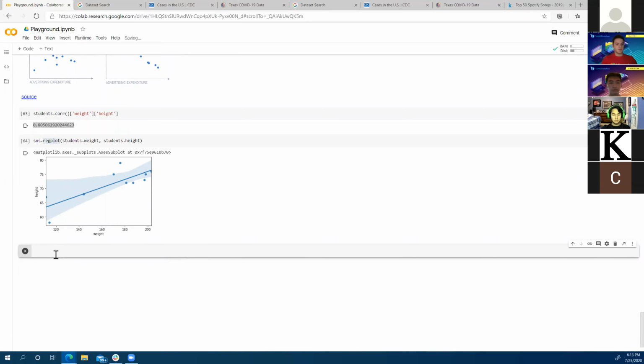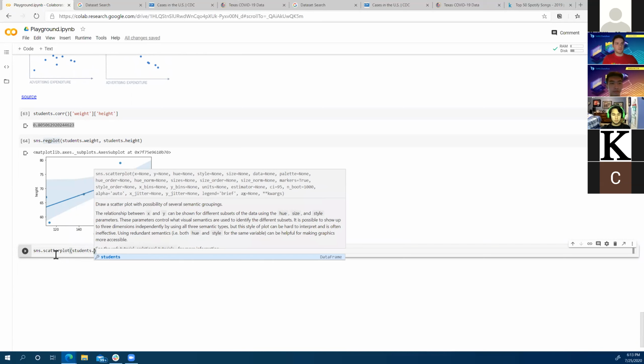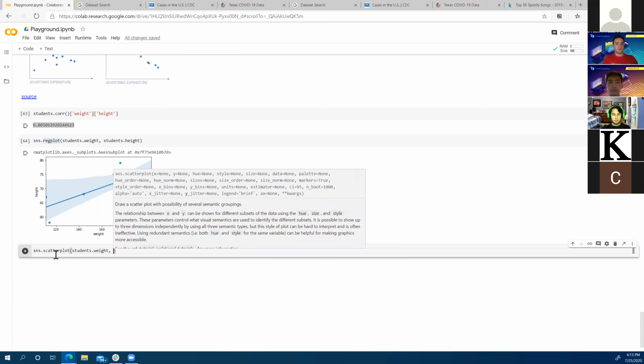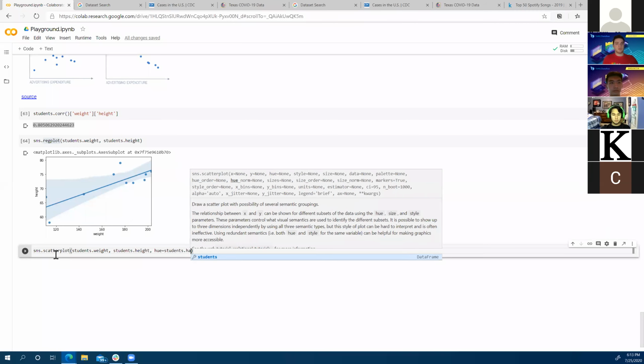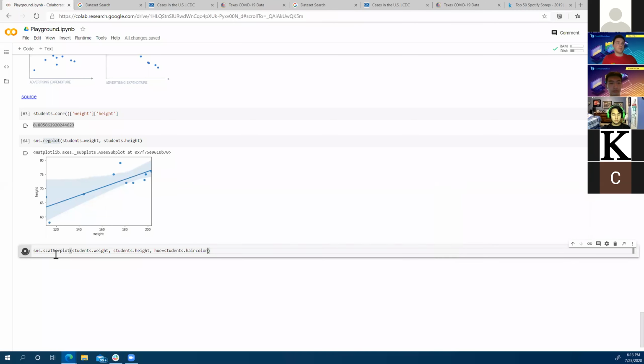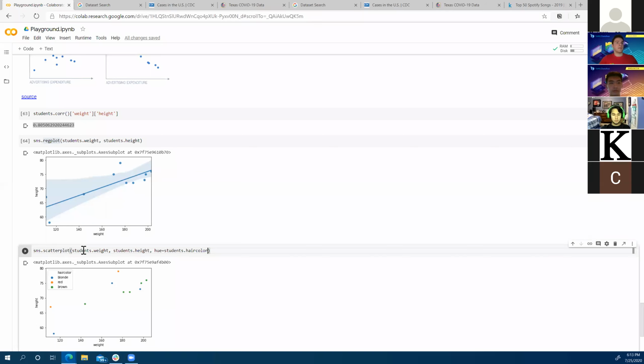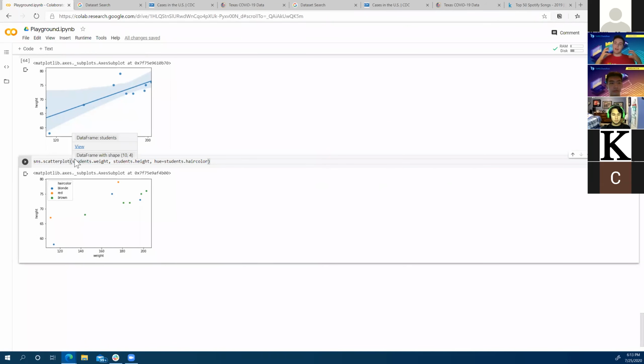We can also plot data a slightly different way here. This is kind of cool. So what I did here was I plotted a scatter plot with weight and height, but I also added a color for the different types of data points.